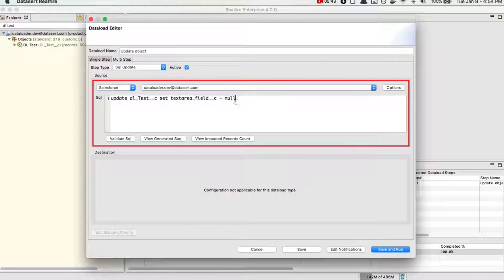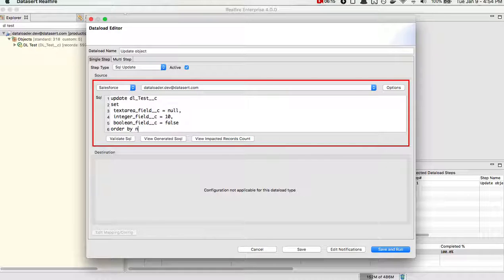So here, you can specify more than one field. For example, let's say you want to update this field, or you want to set another integer field, or if you want to set more fields, you can specify any number of fields like that. And of course, you can also add a predicate, the where clause, the one that we showed earlier, or you can